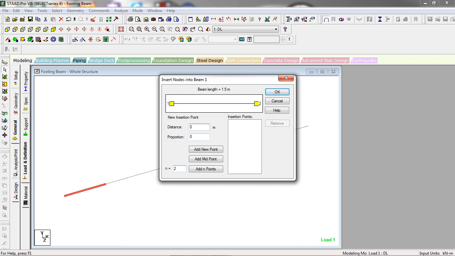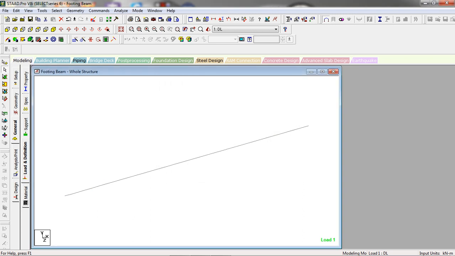We want to divide the beam into 250 mm length parts. This length of beam is 1.5 meter, so we will insert 5 points so that each division will be of 250 millimeter length. Okay, the beam has been divided.